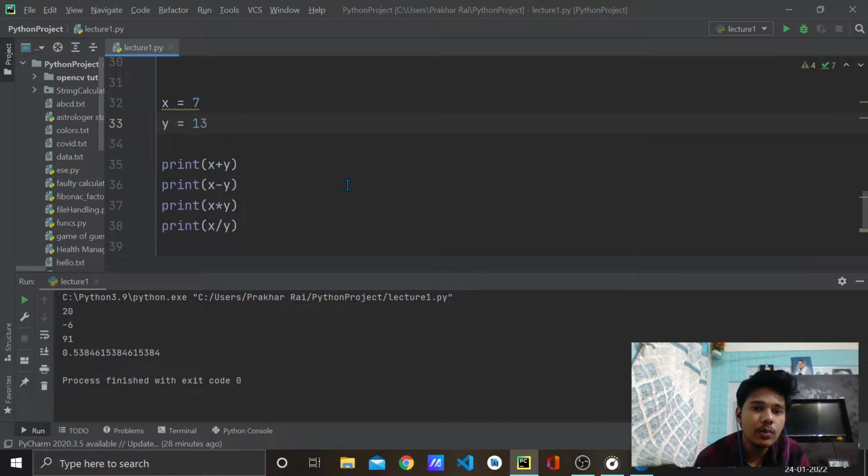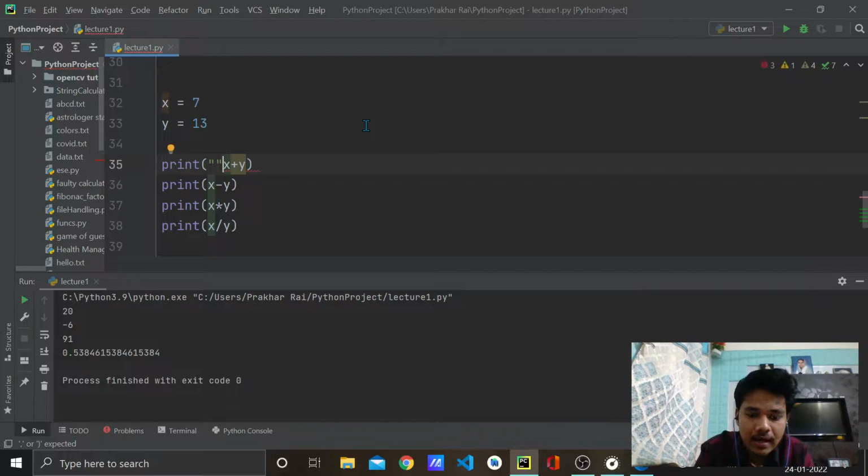So how do we deal with that? For that we'll take the input from the user, just like we give input to the calculator, 7 plus 13 like that. So we have to take the input from our program and then process it and then calculate the various arithmetic operations. Now how to do that? Before coming to that, let me arrange some things, let me make it more beautiful so that you understand the code, that this is summation and this is